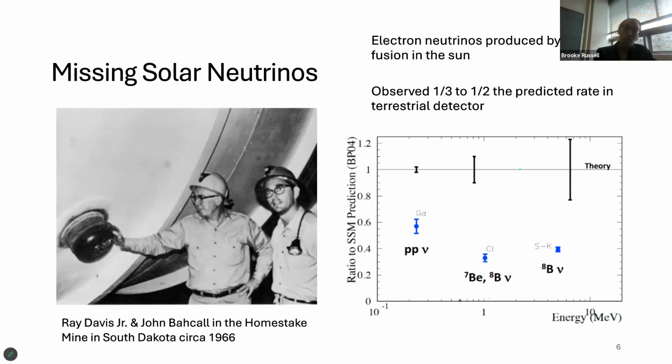And it should be noted that other experiments subsequently came along confirming that we saw a deficit of electron neutrinos relative to the expectation. And of course, the theorist was really put under the gun trying to understand and reconcile the measurements. But in fact, both experimentalists and theorists were correct in this regard, in that the deficit was due to neutrino oscillations. So this experiment is called the Homestake Mine experiment, and took place in Lead, South Dakota, and we could